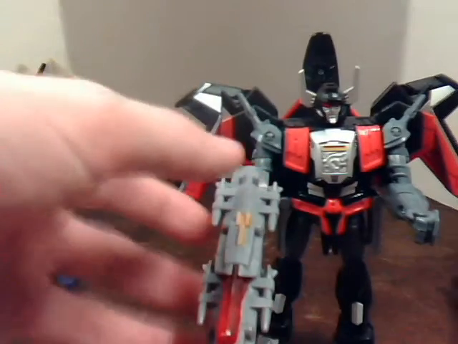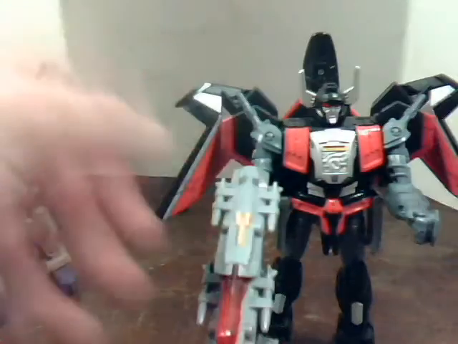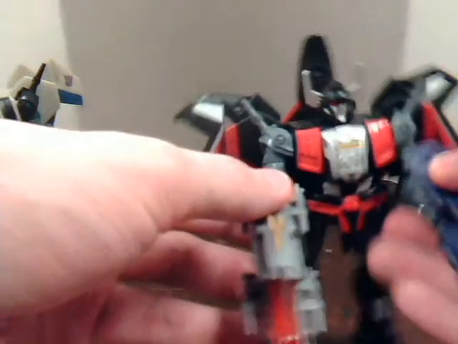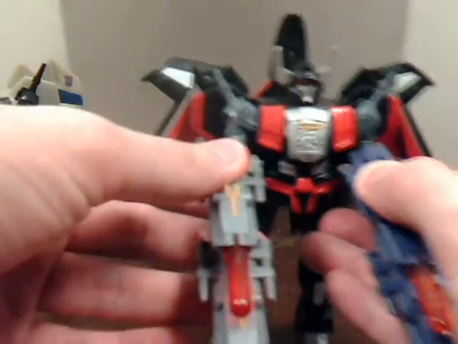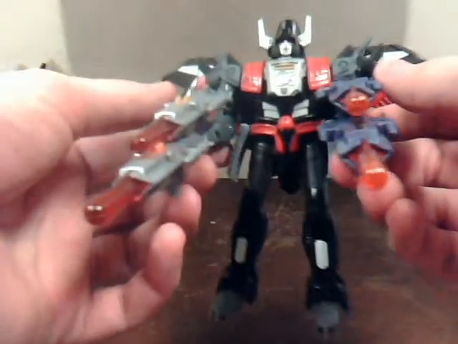Now, in tandem, you can use Thunderwing's guns and give them, or him, you can mix and match with the two of them. Oh, pardon me. Two double-barreled blasters! Or you can go for the outrageously insane and give him...